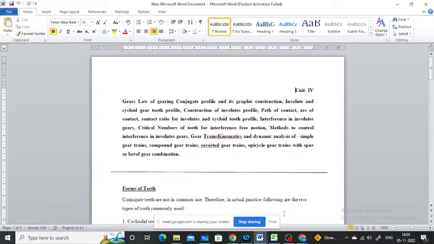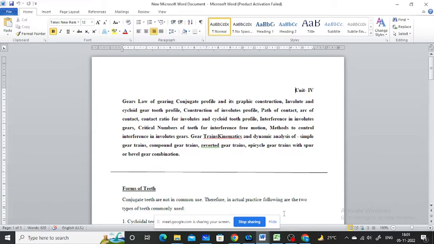Basically this unit is divided into two parts, gear and gear train. What we just told you is all part of gear. And now the gear train consists of kinematics and dynamic analysis of simple gear train, compound gear train, reverted gear train, epicyclic with spur gear or bevel gear combination. Okay, in our previous class we discussed the law of gearing,